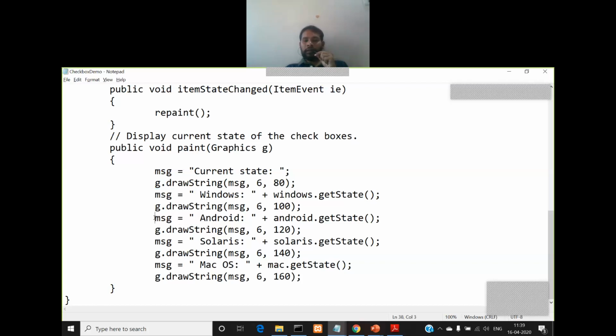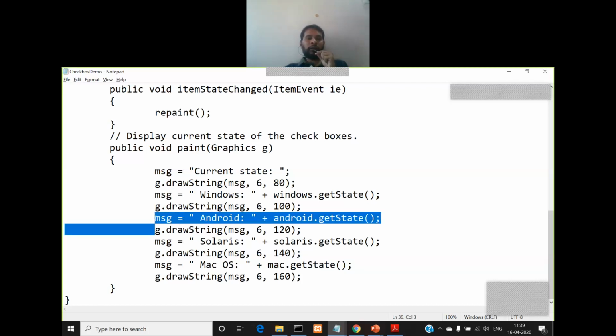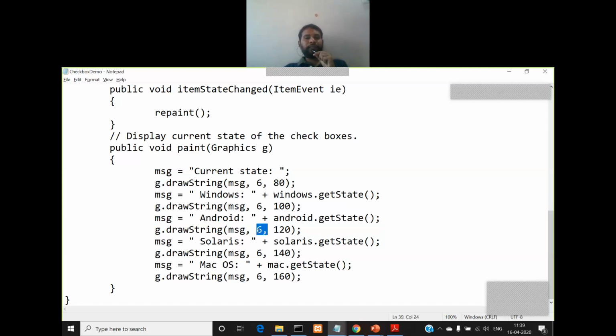Now the other one is message equal to Android concatenated with Android dot get state. This will be displayed at 6, 120. Similarly for Solaris, I'm obtaining the state of that Solaris checkbox and displaying it at 6, 140. And finally Mac OS, I'm displaying it at 6, 160.